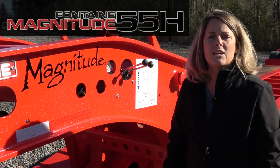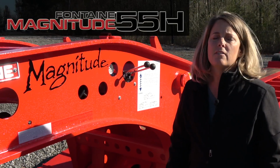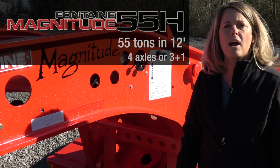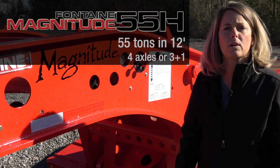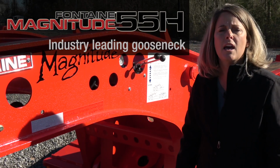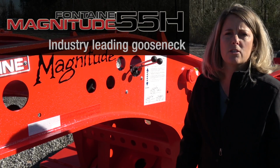Welcome to our presentation of the Magnitude 55. This trailer is designed to handle 55 tons in 12 feet as a 4-axle closed couple or as a 3+1 configuration. The big difference in the Fontaine heavy haul gooseneck and other hydraulic removable goosenecks in the industry is that